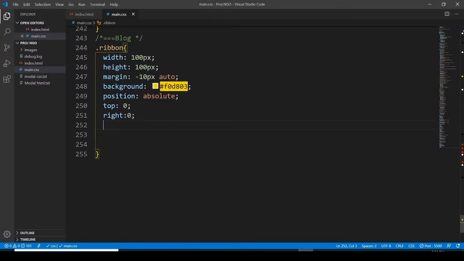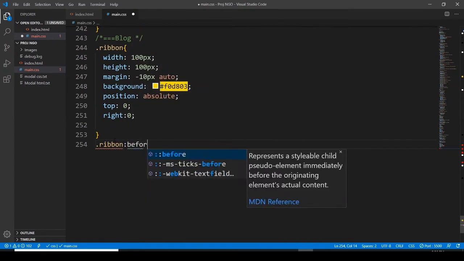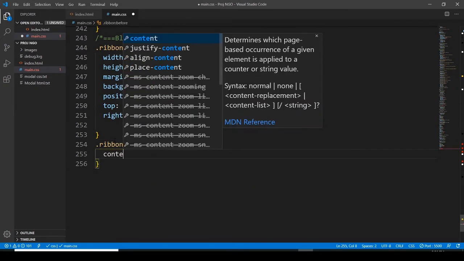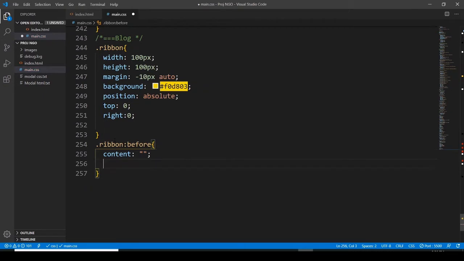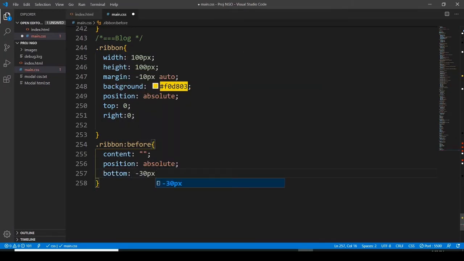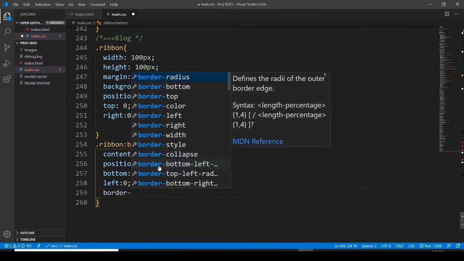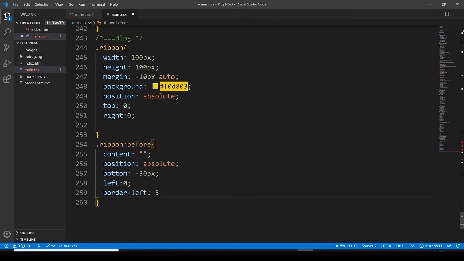So for that, let's go back, and here let's use the ribbon class with a pseudo class before, and here the content, nothing, position absolute, bottom minus 30 pixels, and left 0, and then border left is 75 pixels,